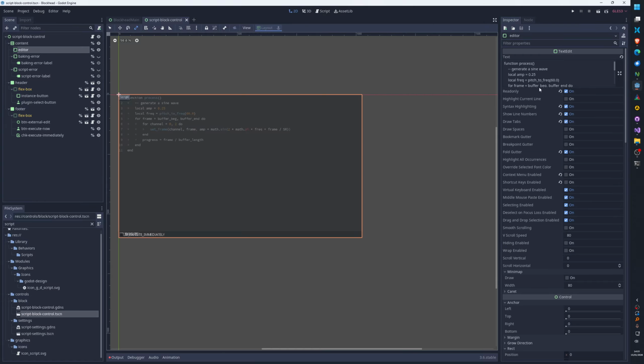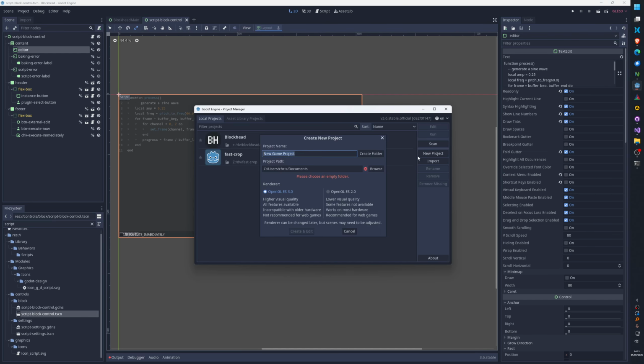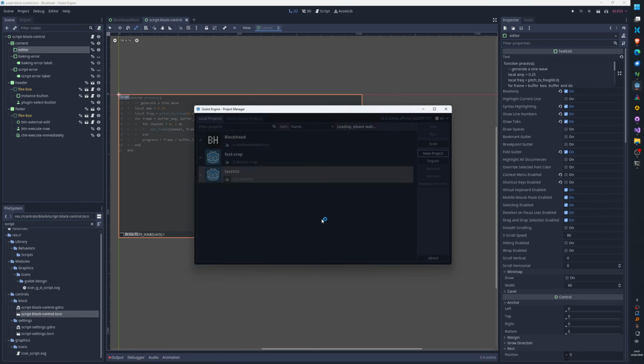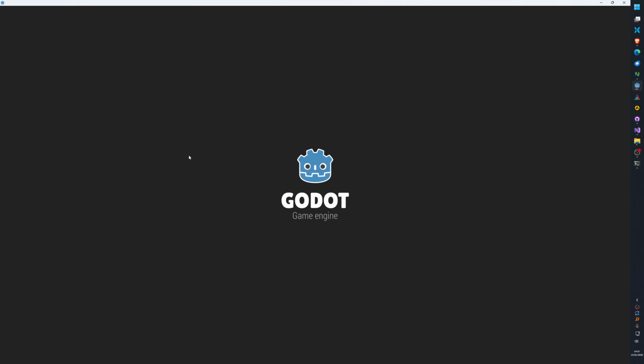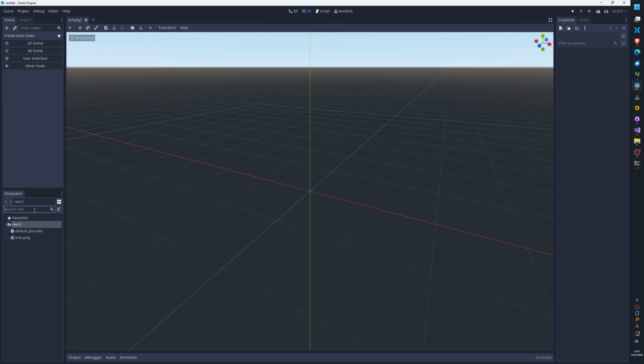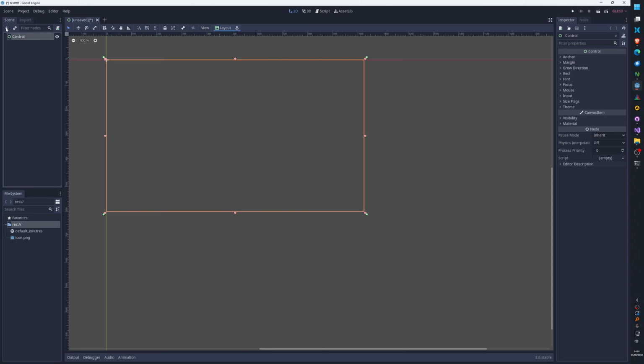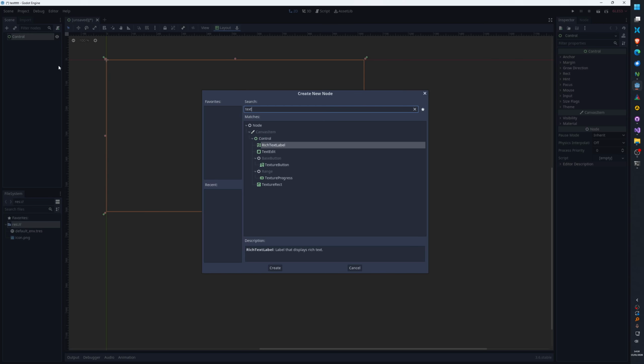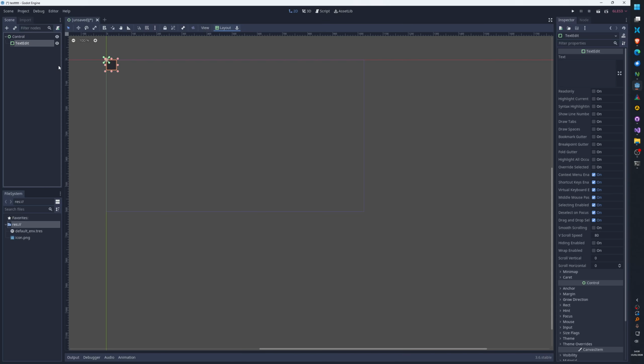Okay. Hold on. Is it true that text editor, text edit.